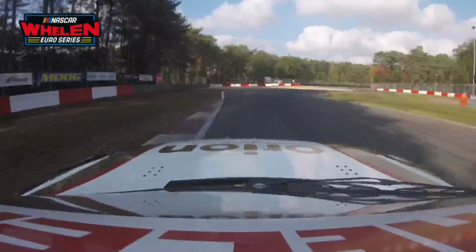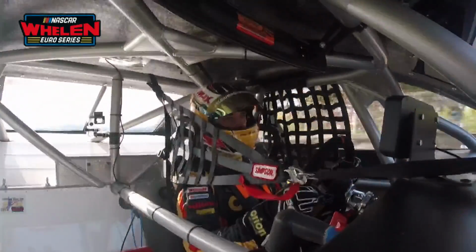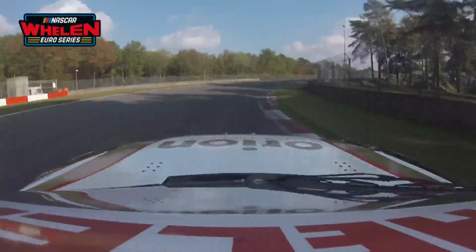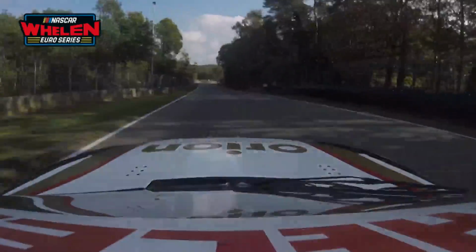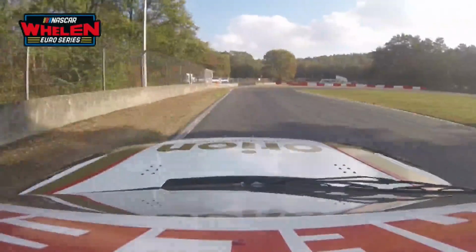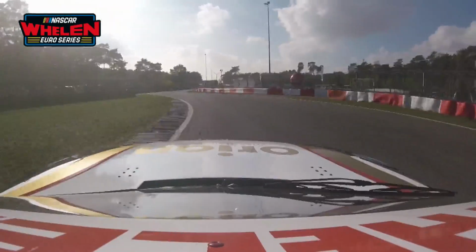the Villeneuve chicane, 3, 2, hard braking, right curb, left curb, very hard, squeeze through, flat out, just lift here a little bit in third gear, let the car roll, over the bridge, flat out, stay in third gear, now brake really late, second gear in the hospital corner, take a little bit of curb, go on the gas pedal,